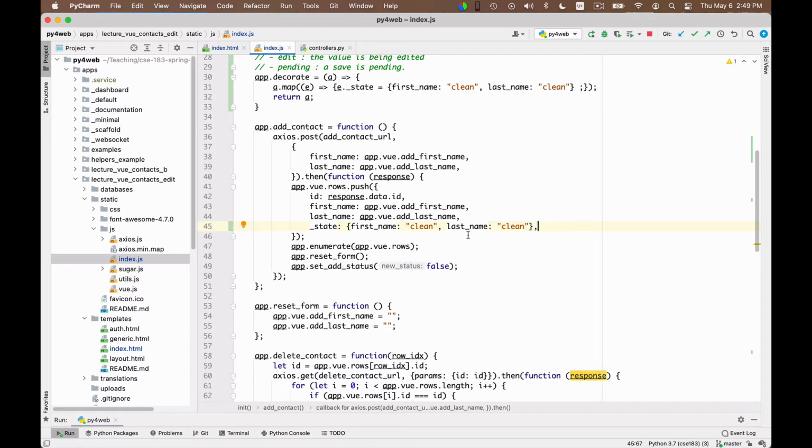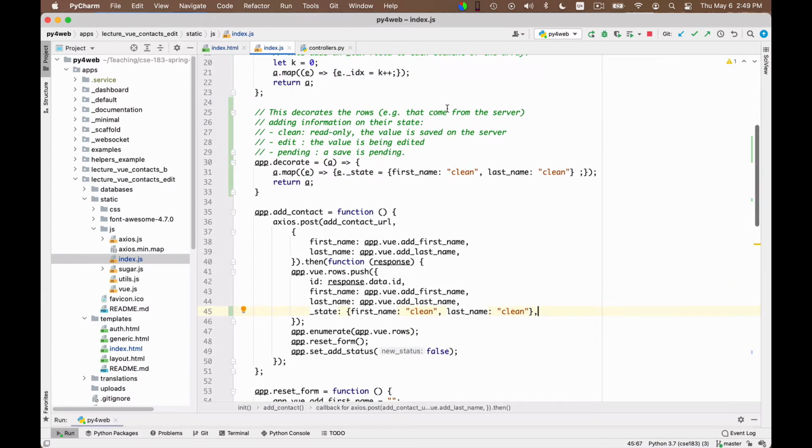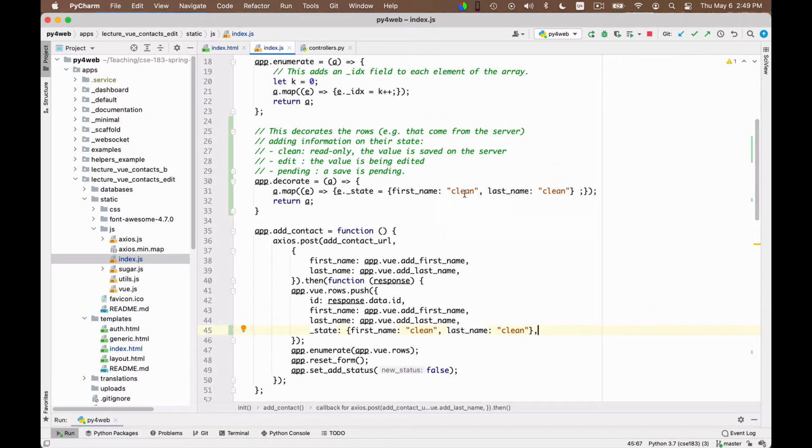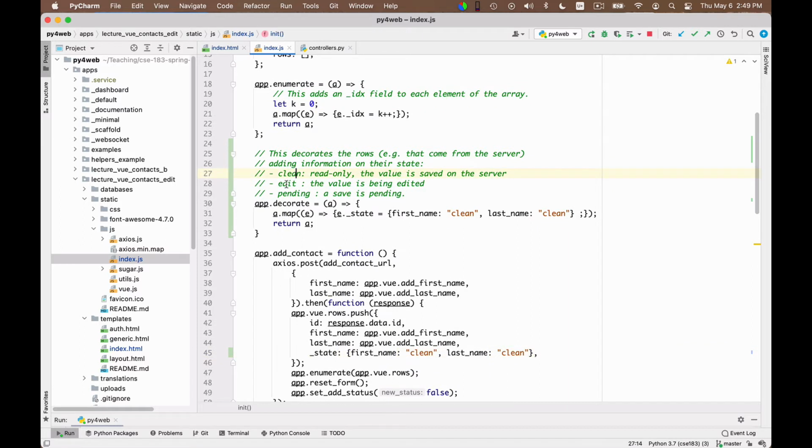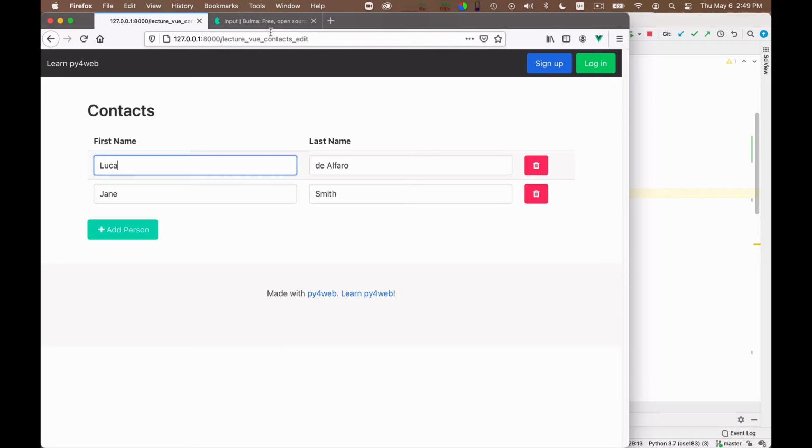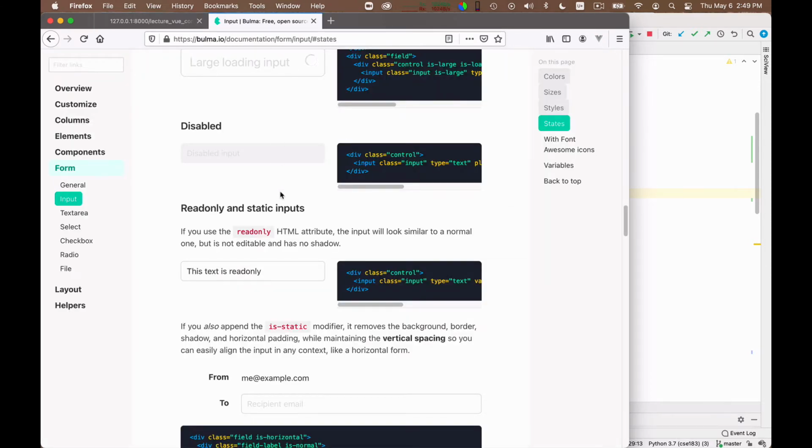And now what we need to do is use these three states, clean, edit, and pending, to style properly our input field. So we refer to the Bulma documentation, which is here, and I need to do it both to the control element and to the input.